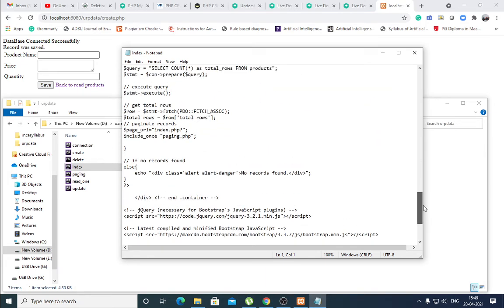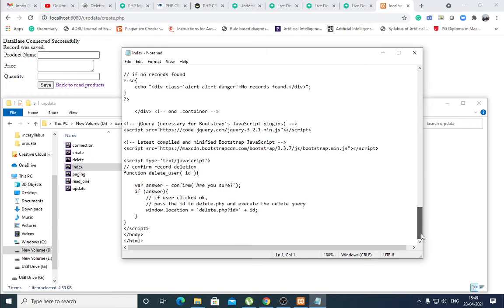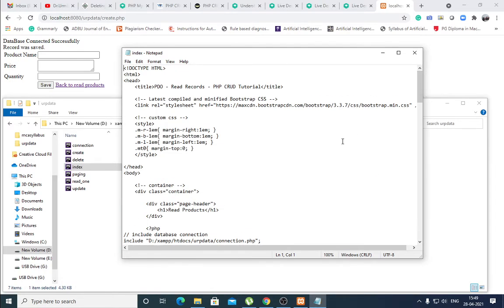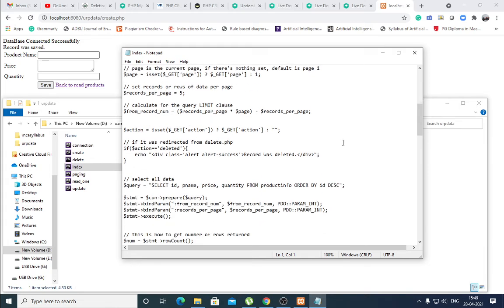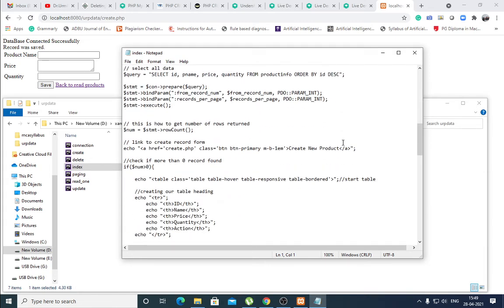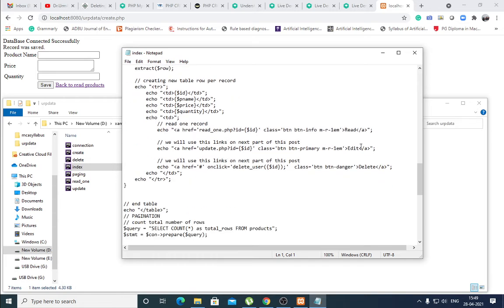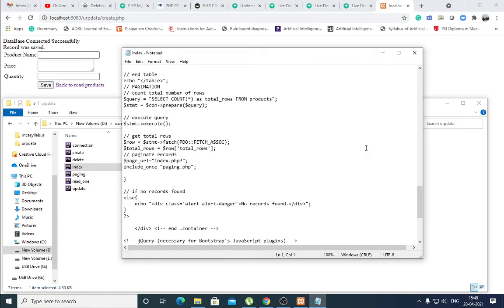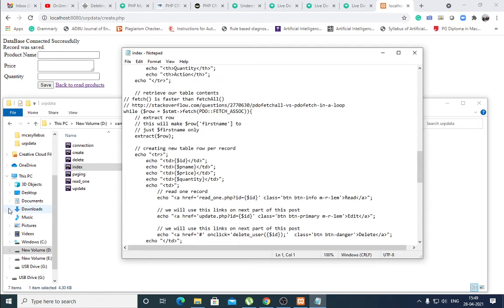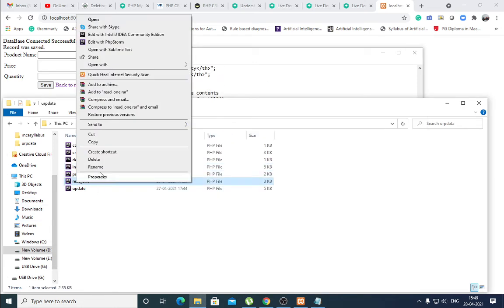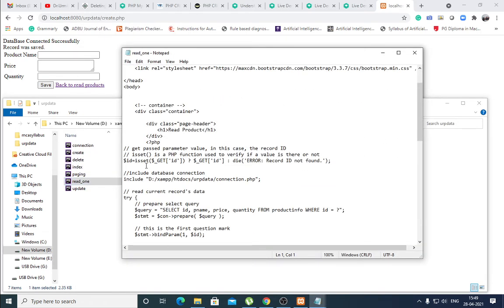All the files are included here, and the database connection, that is connection. Here, the read one file is there which has include.